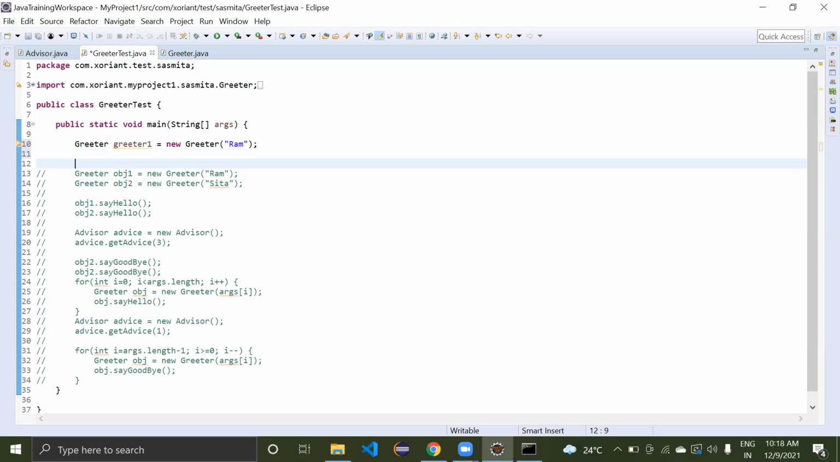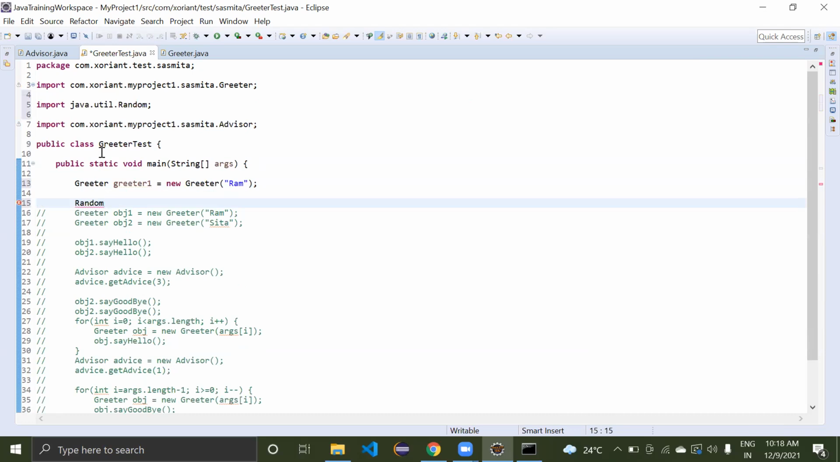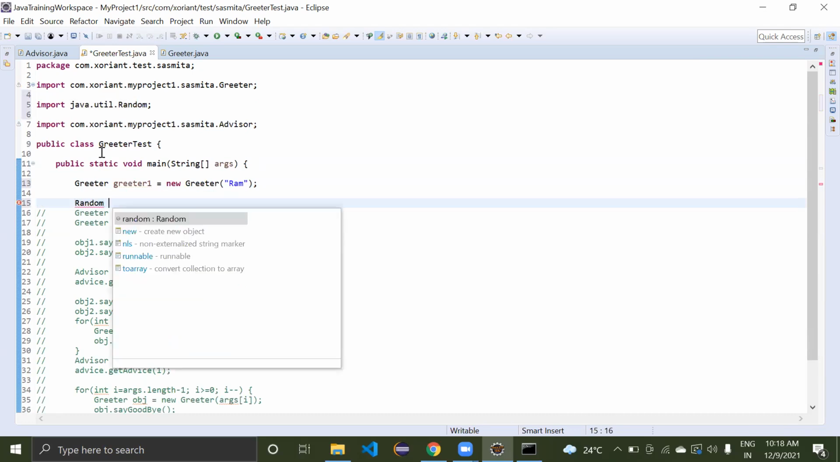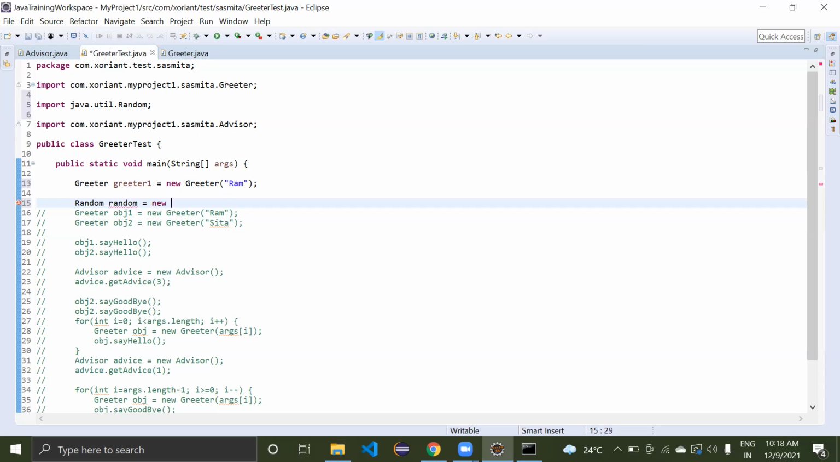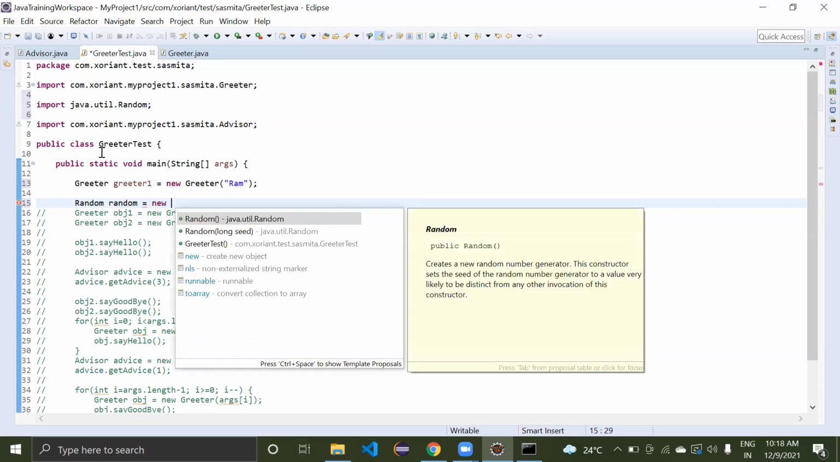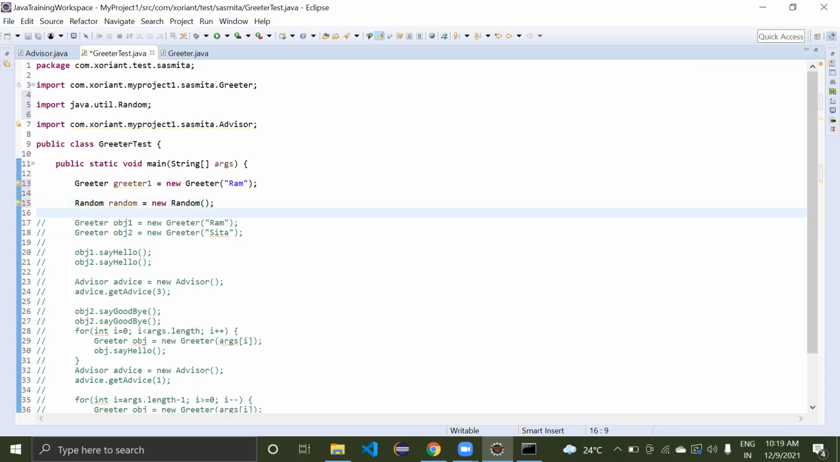Math.random. There is also a class like Random. Correct. In Java, either you can make use of Math.random, that is one option, or there is one more class named Random, which is from java.util. Random is equal to new Random. After that, you are supposed to generate a random number between 0 to what? 4. Yes. So int